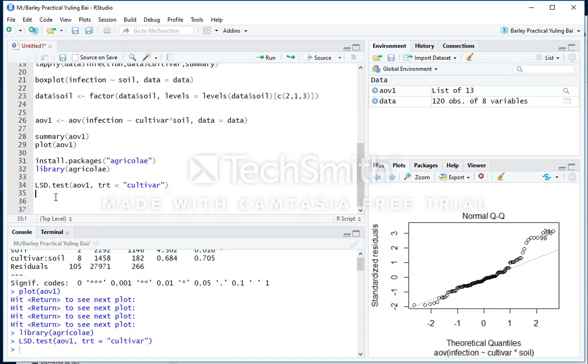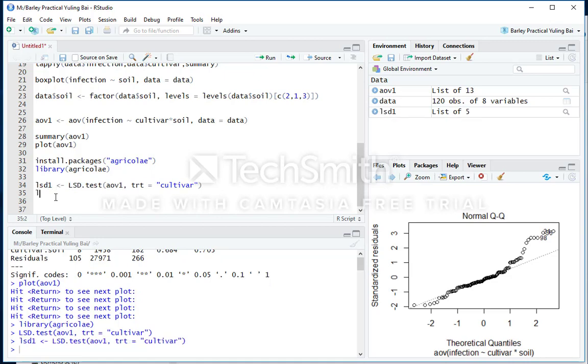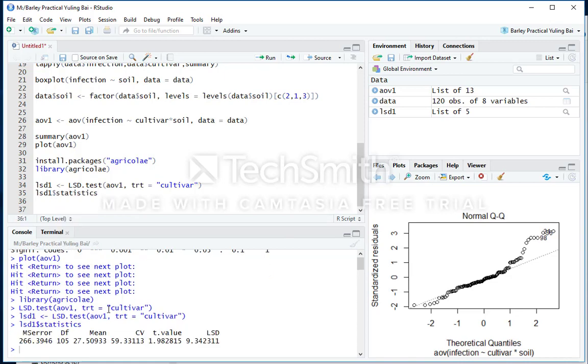Now nothing has happened apparently, which means actually we haven't captured the output of this function at all. So we have to, for instance, again say LSD1. And now we see LSD1 is a list up here, a list of 5, and in order to access the elements of that list, we again use the dollar symbol, and you can see there's various outputs here, statistics, parameters, and so on. Have a look at the statistics first, and this gives us, for instance, the value of the